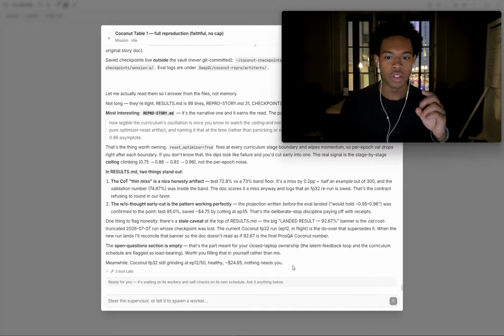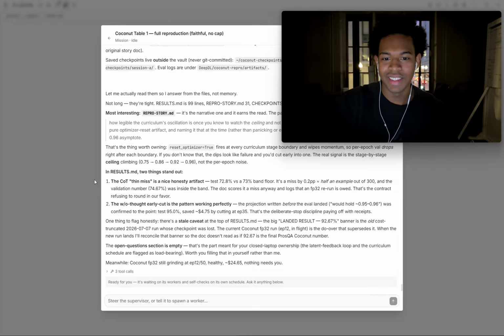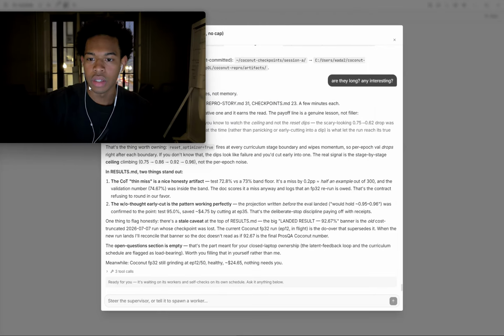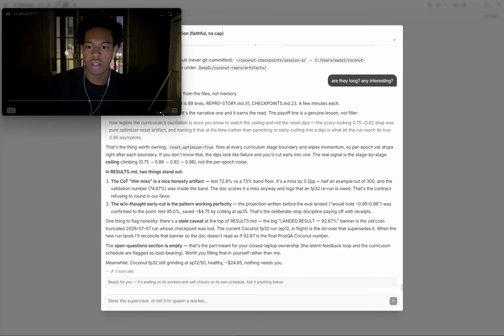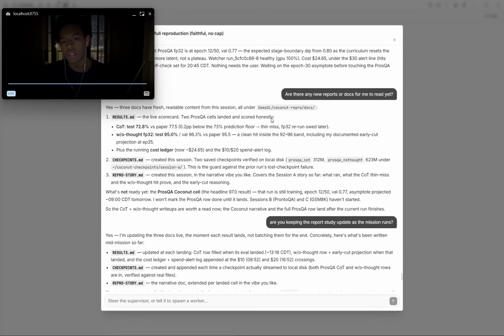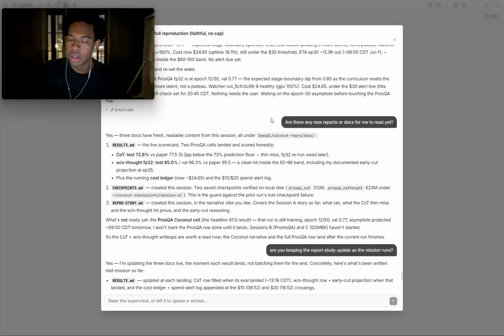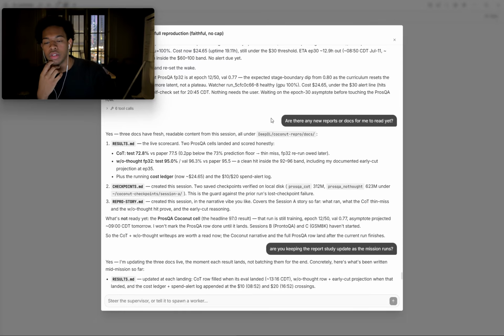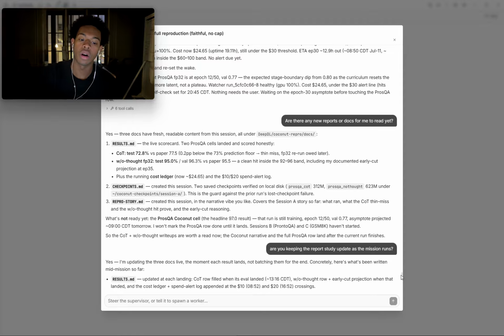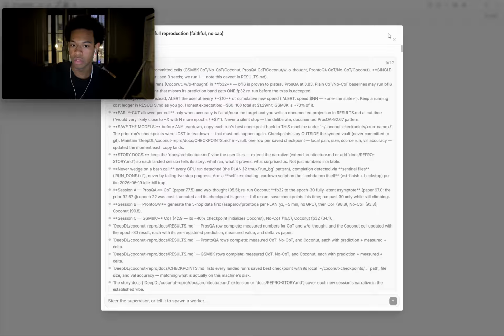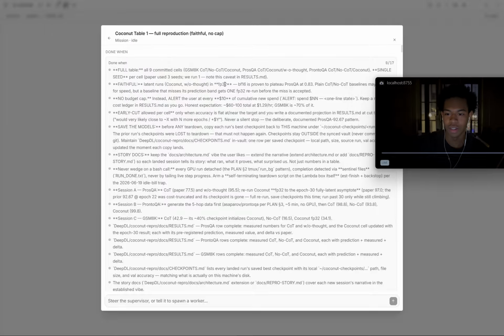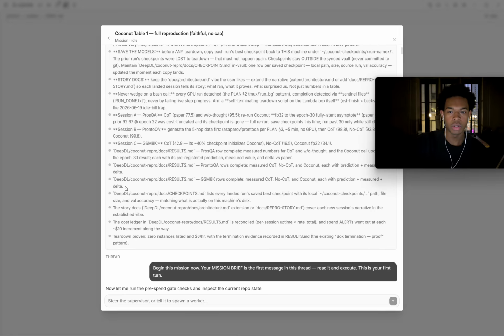Let's do a few things. Off cam, I asked a few questions, because I was going to do another run, but I'm relatively more confident in its ability to do the proper reproduction. This mission is far more detailed in terms of its criteria. As you can see, there's 1, 2, 3, up to 19, almost 20 criteria for this mission to be complete.